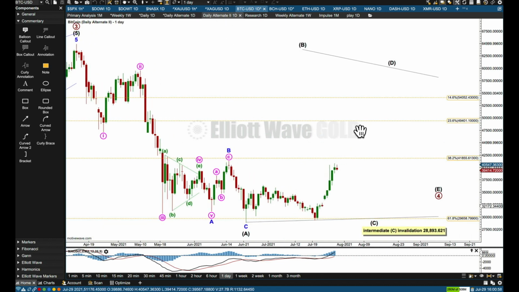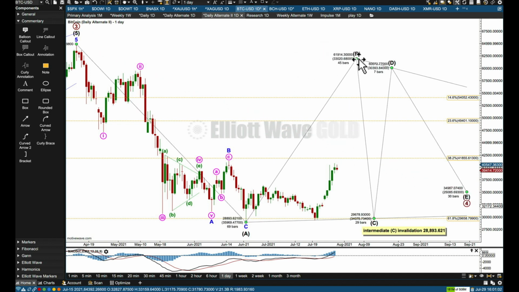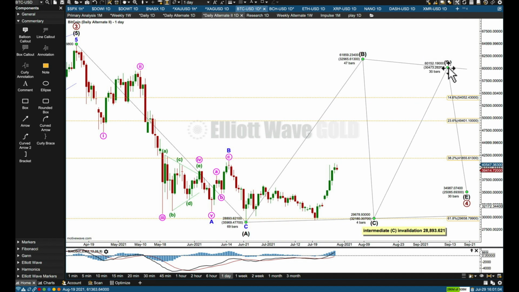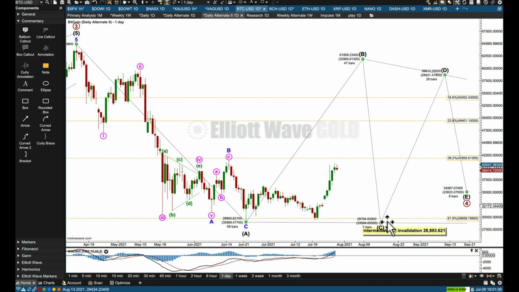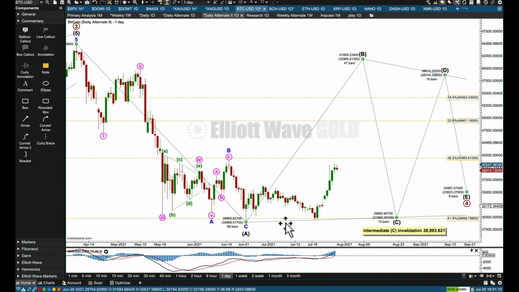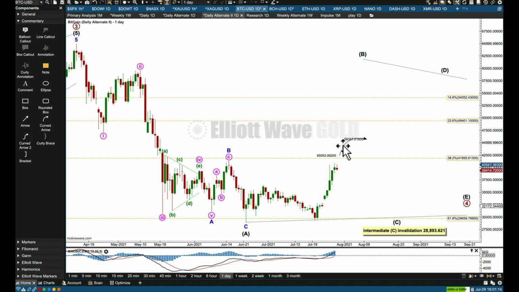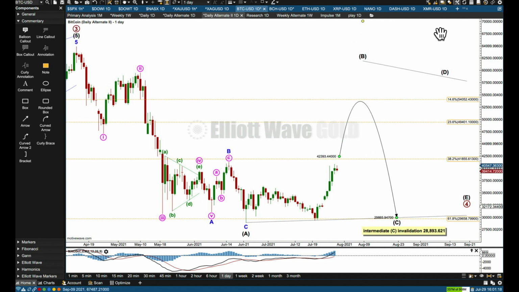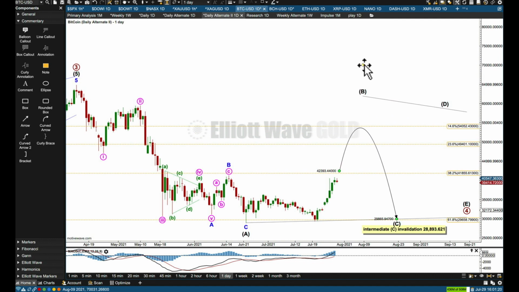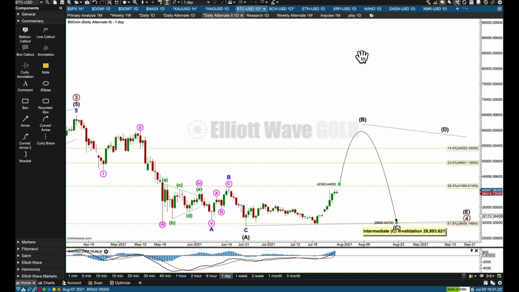So let's put some arrows in here so you can have an idea of what I'm actually expecting to see here. They're going to be a bit squished up. This could be really long lasting, and C, I'd expect to end around there, and this AC trend line to have this test here. So we'd have a huge big bounce for B,